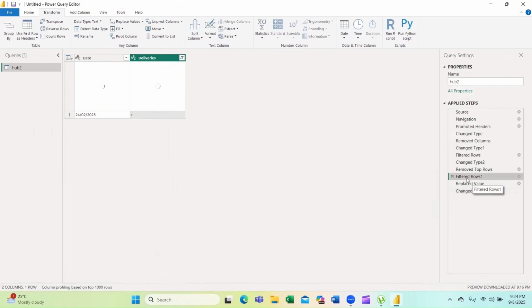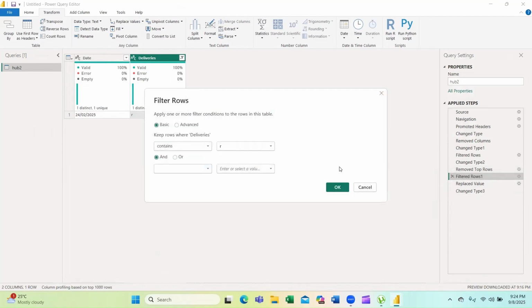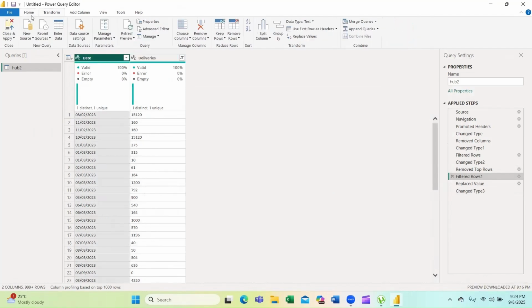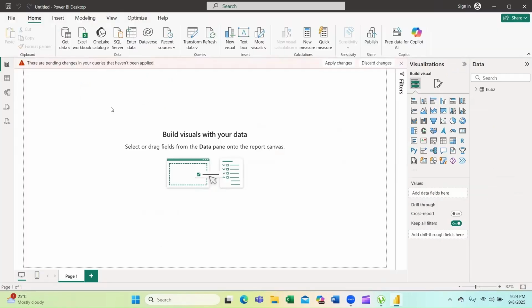We need to go back here in filters, and in order to see the whole list as it was in the beginning, we change the filter to leave it empty, and we have the whole list. Okay, so let's close it and let's see what we have. No errors.